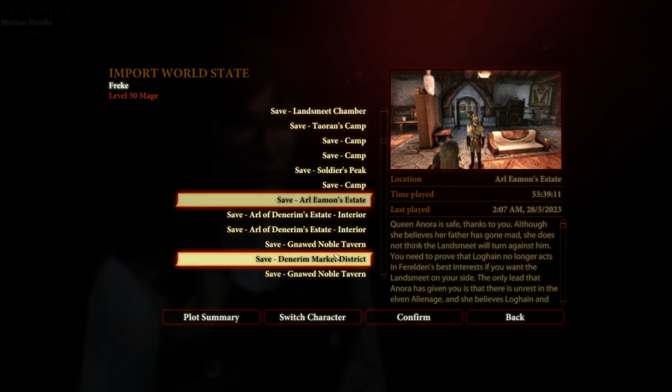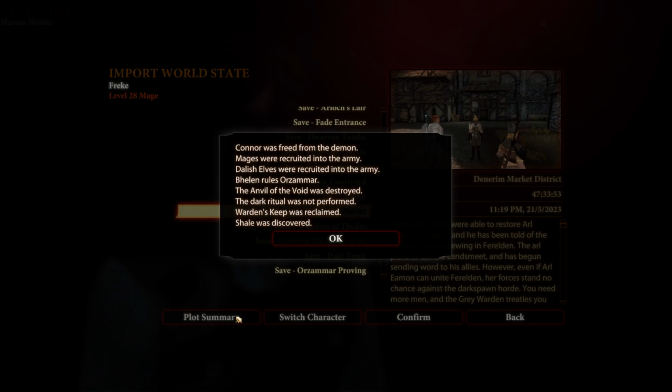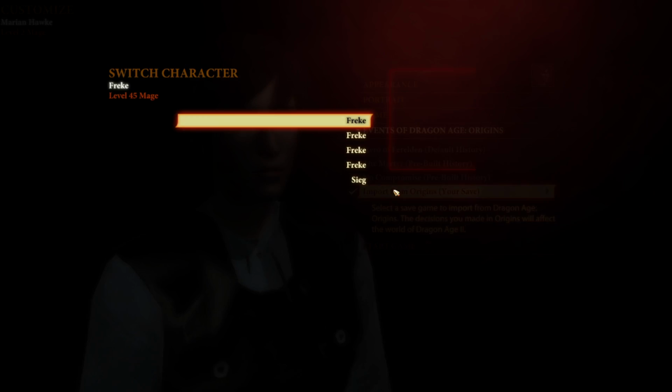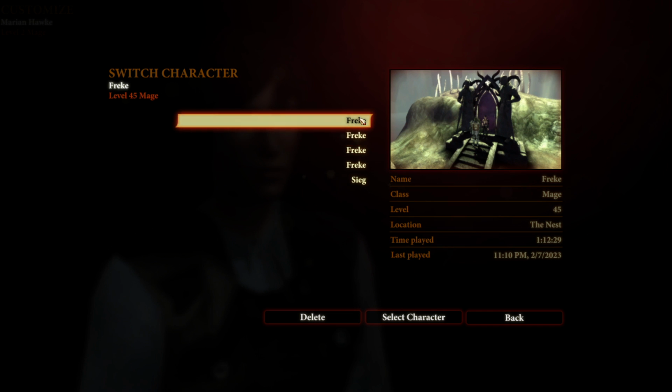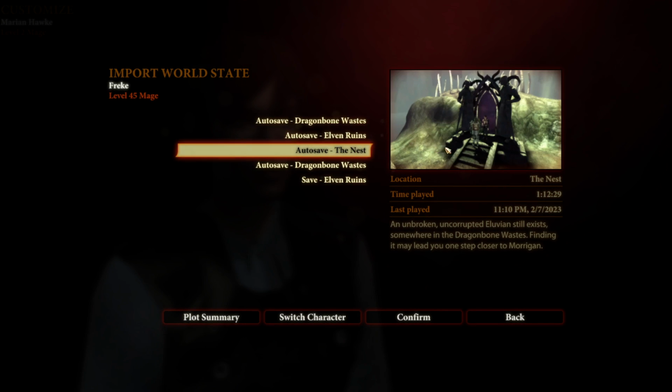But you can also go back to do something like right here. The earlier your save is, the less your plot summary actually has. So if we go to the autosave made at the nest after we talk to Morgan,